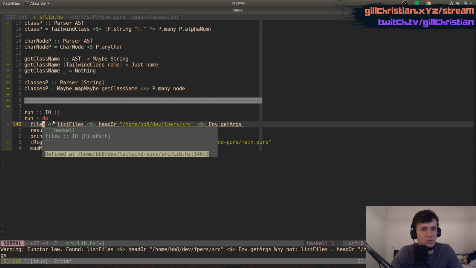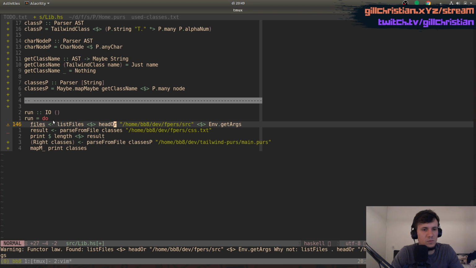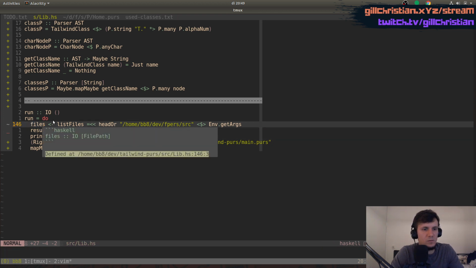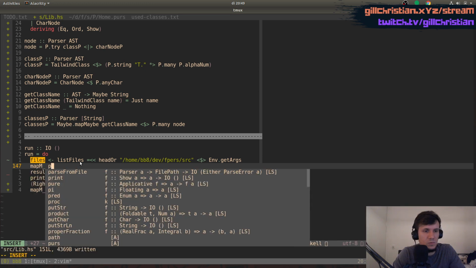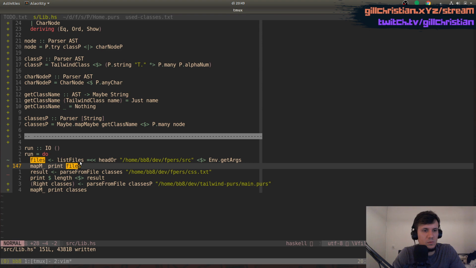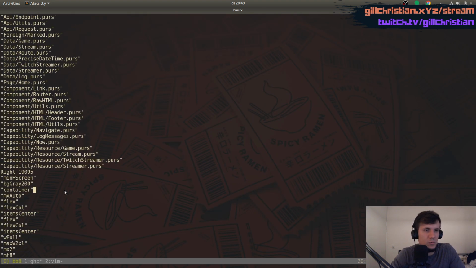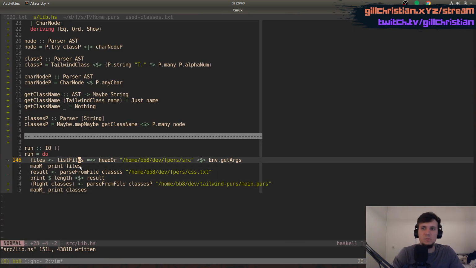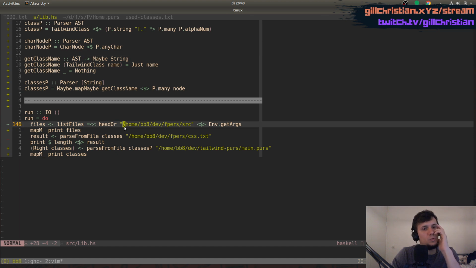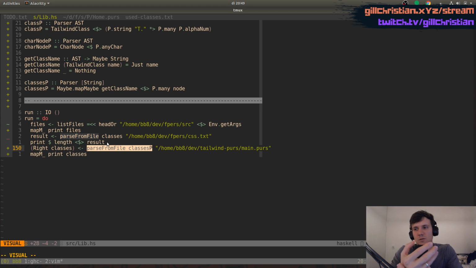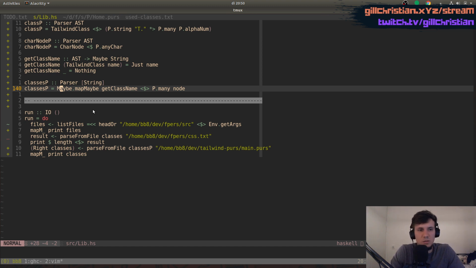Right. Okay, yeah, we have those. So we have the list of files, and now for each one we want to do this parse from file, but we want to do it only in the case that it includes the Tailwind import. So we can do